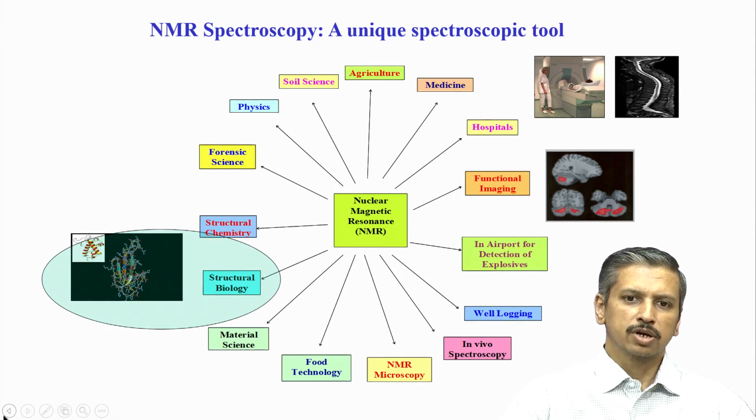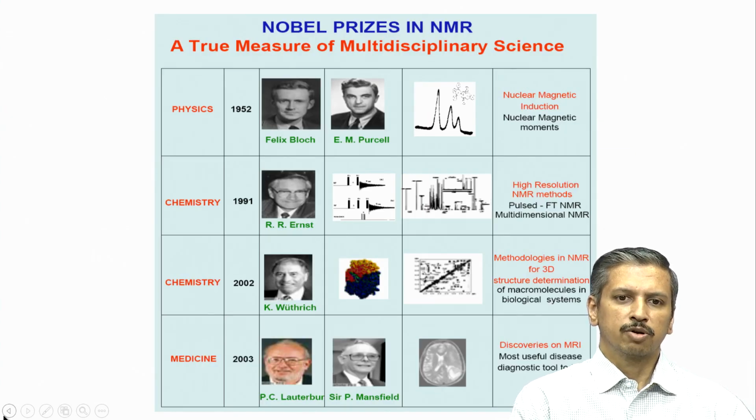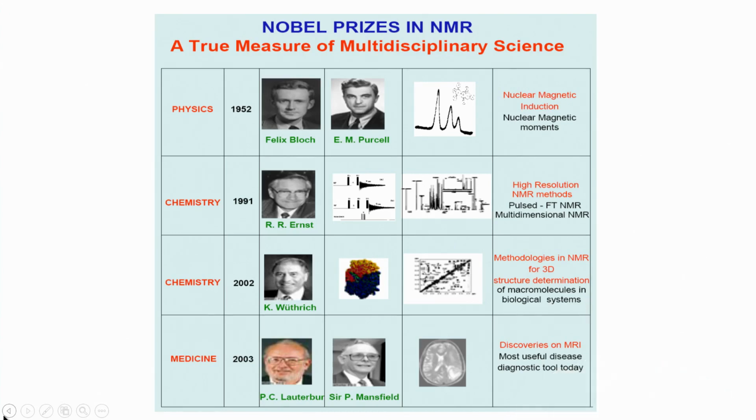So, NMR has a rich history in science. You can see there are 4 Nobel Prizes given in one particular field which is unique to NMR, starting from the very first discovery of the NMR phenomenon by Bloch and Purcell. Richard Ernst got the Nobel Prize for 2D NMR and developing the FT NMR technique, which is what we are using nowadays. Kurt Wuthrich got the Nobel Prize for development of NMR for biomolecular structures, and this is going to be the focus